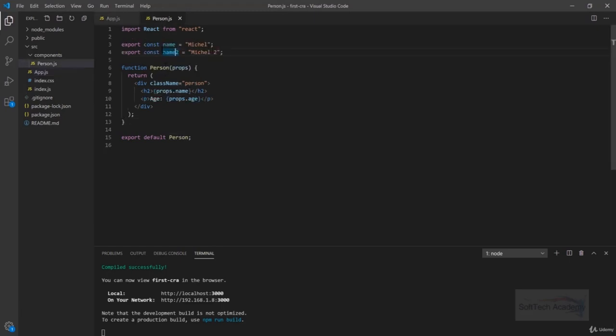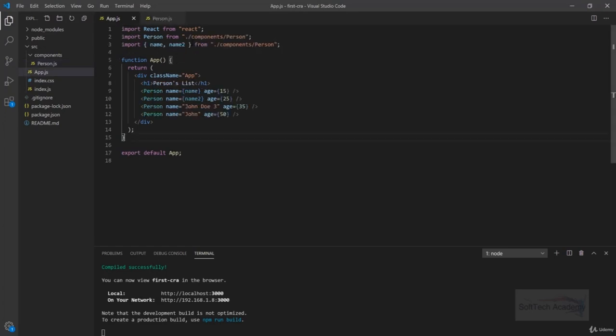So our name and name2 also got exported, but this is a multi export rather than a default export. A default export is directly imported, whereas a multi export is imported inside curly brackets. So here are two import statements, one default and another multi, but the file is the same. So in that case we can do it like this. Just copy this and give a comma here, and we can do